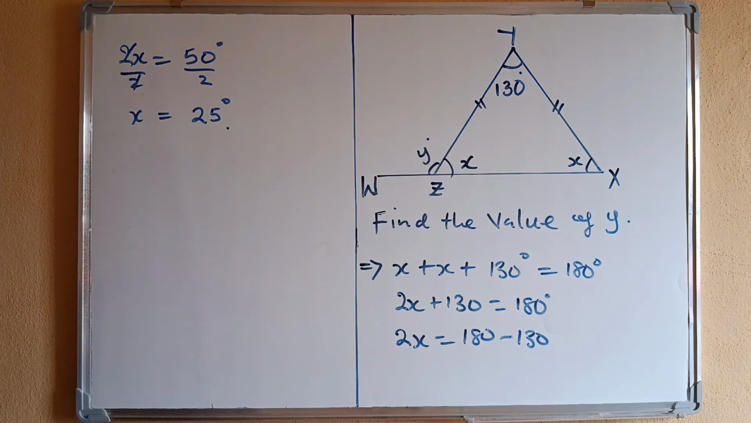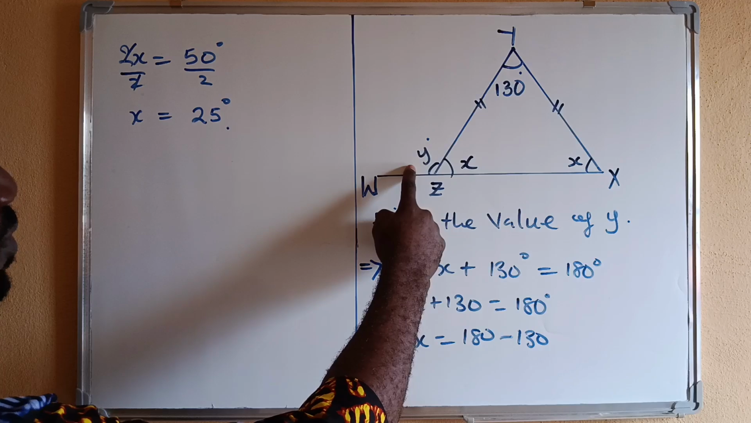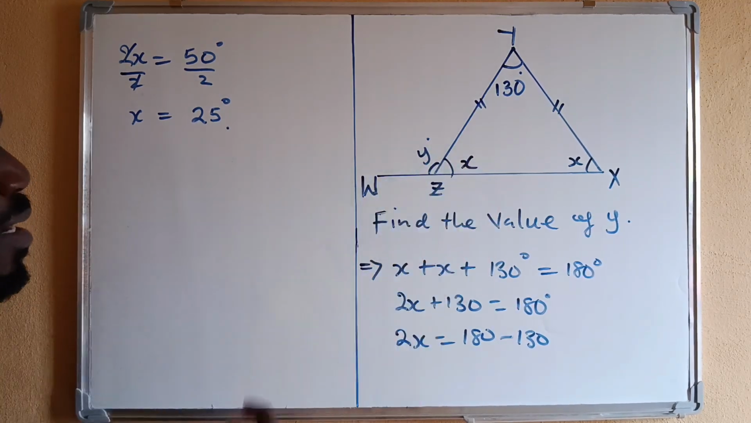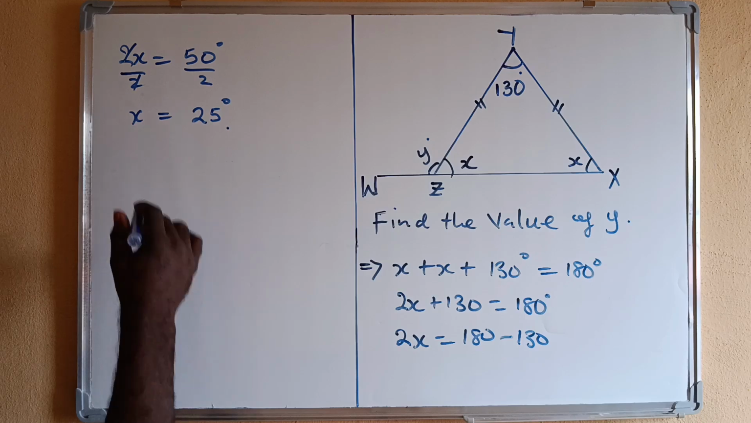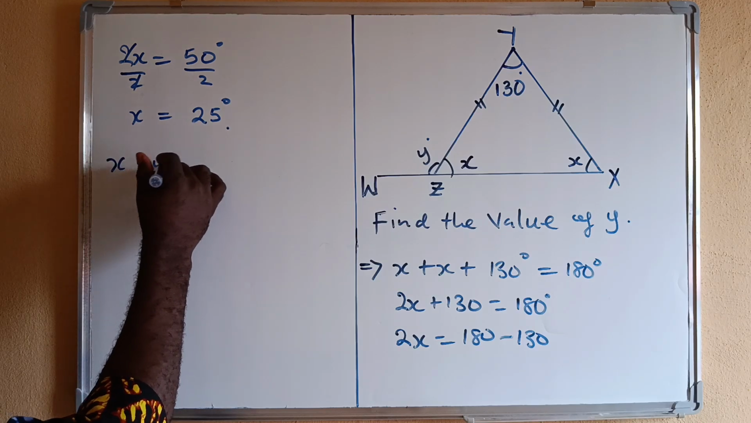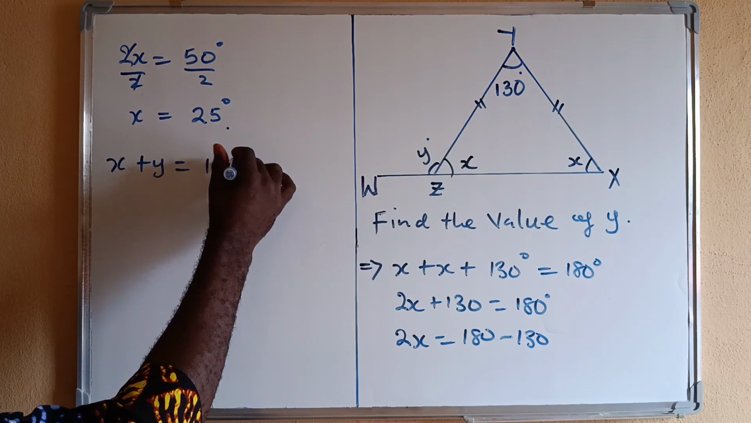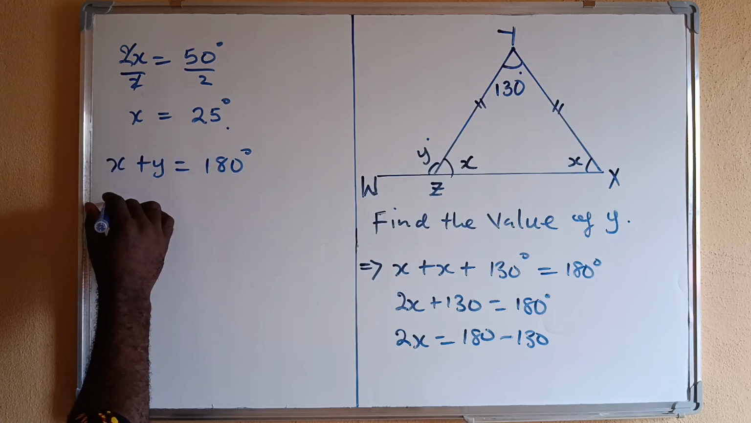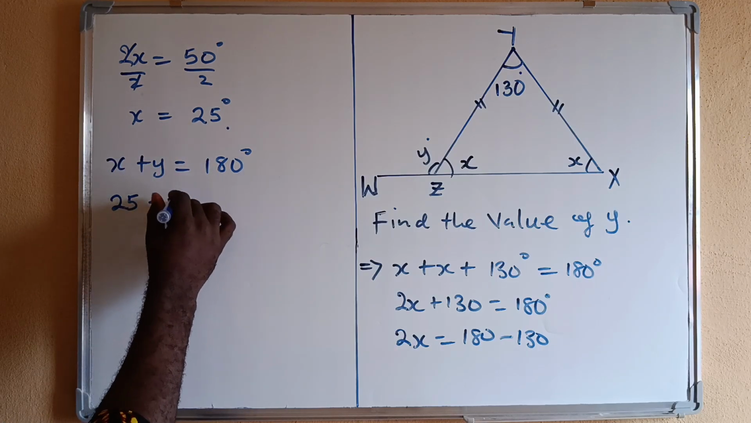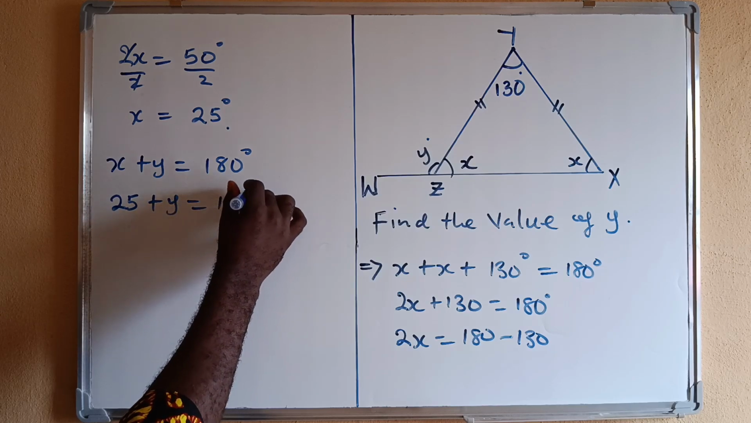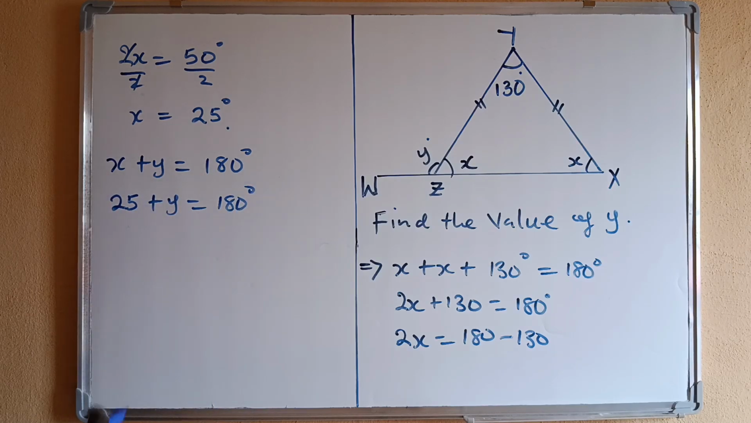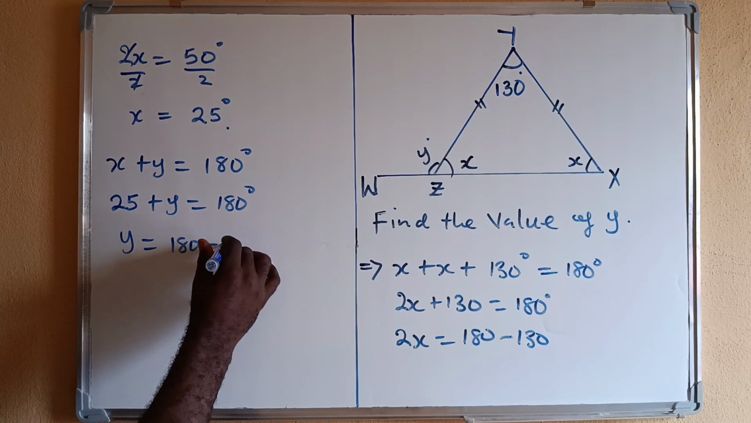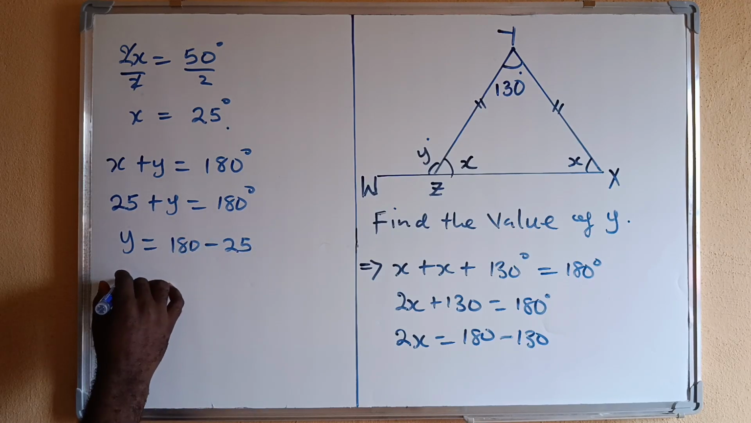Now take note that we are asked to find the value of what? Y. Now I've gotten the value of x. Now know that y and x lie on a straight line. So that means x plus y, which is a straight line angle, their sum will be 180. Now I've gotten my x to be 25. So I'm going to sum it with y and close up my answer to 180. So I can get my value of y by saying 180 minus 25. So my y